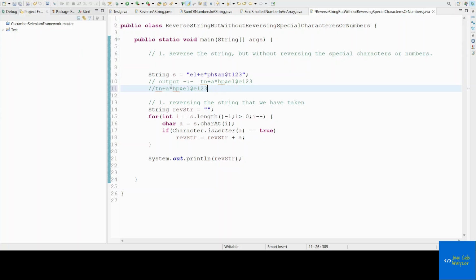So now, how to insert the special characters? In order to achieve this, the combination of the letters and the special characters can be done with this particular logic. That is, we will take the reversed string and go on adding each particular special character and the numbers. Okay, so in order to do that,